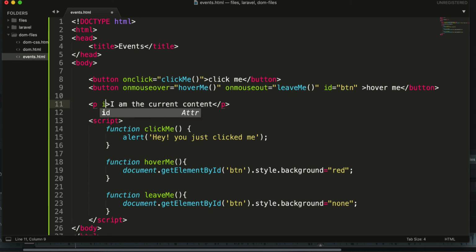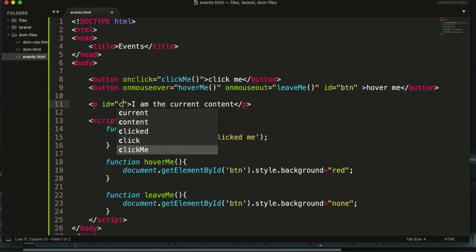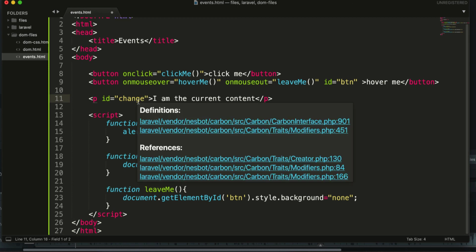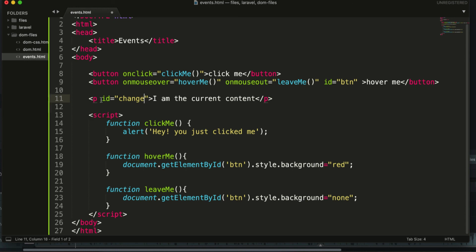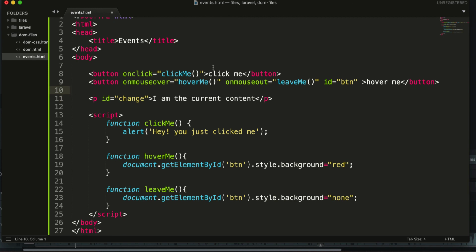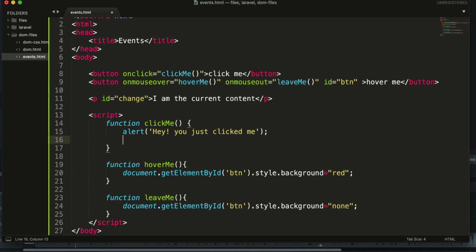So I'm going to give this an ID. Let's give it an ID of change. It could be anything actually. Then I want to create a button here, or we can still bind it with this one. Once they click on this click me button, I'll come here. Apart from the alert, instead of alerting, once you click me,